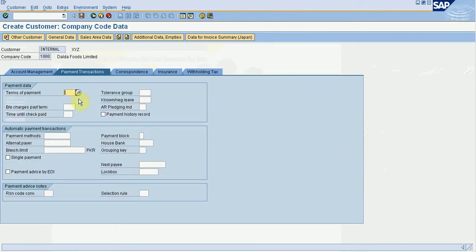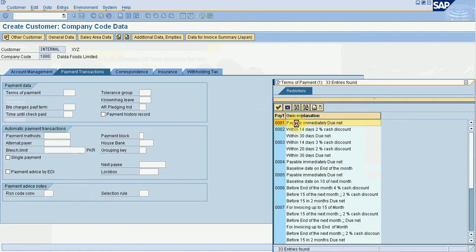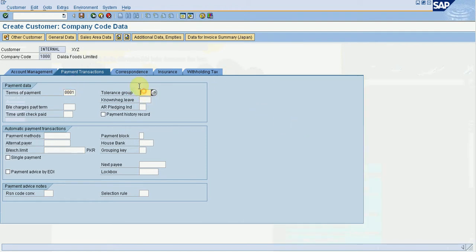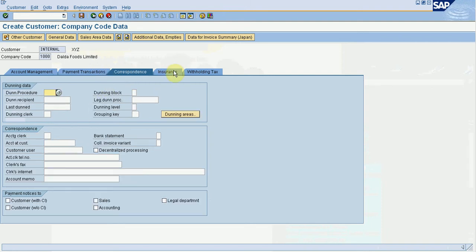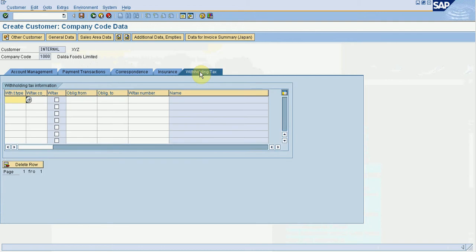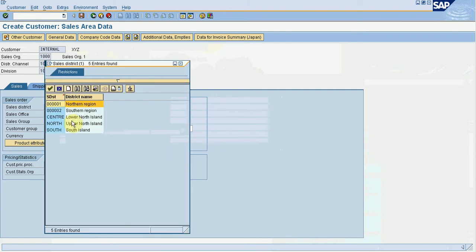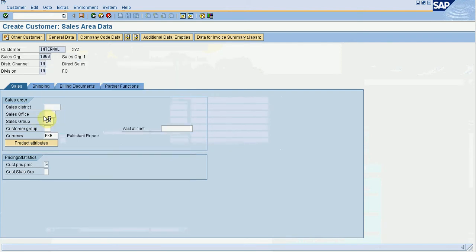Payment transaction, here I would like to maintain the terms of payment, payable immediately due net, and I can maintain correspondence here, insurance, withholding tax information if any. I will go to sales area data now. Sales district is southern region.